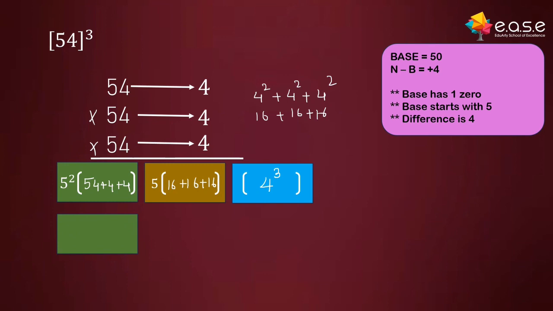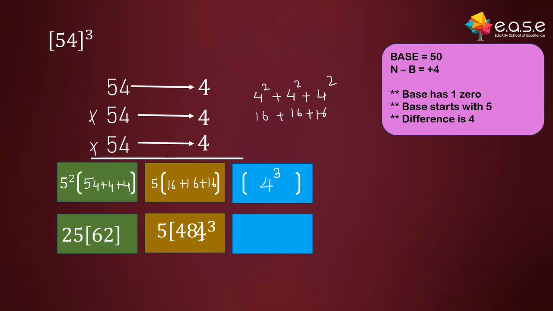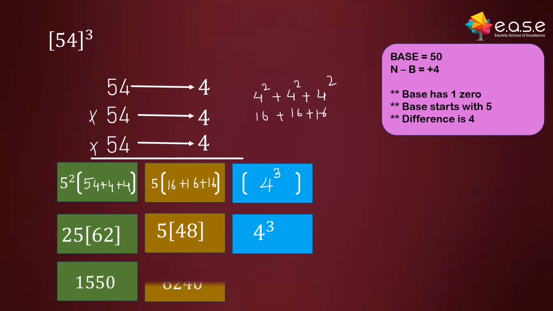5 square will give us 25, and 54 plus 4 is 58, 58 plus 4 is 62. So that will give us 25 into 62. Correct? 16 plus 16 is equal to 32, plus 16 is equal to 48. So that will give us 5 times 48, and 4 cube, that will give us 64. We'll see it in the later stage. 25 multiplied by 62 will give us 1550, and this will give us